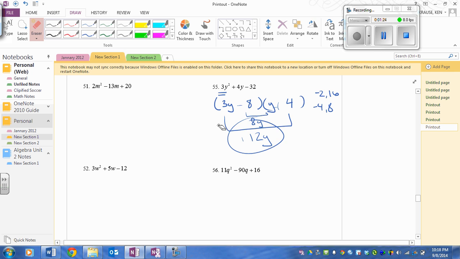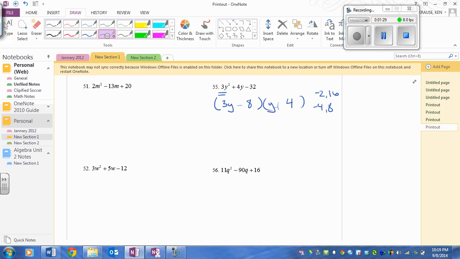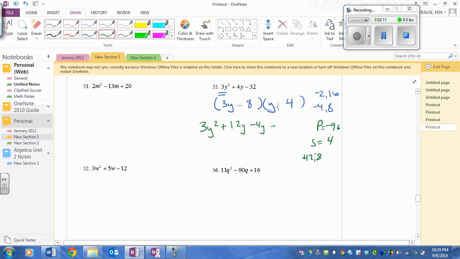Now, if you were to do this using product sum, then your product would be -96 and your sum would be 4. So your two numbers are -12 and 8. And let's see. So you have to rewrite it with 3y squared minus, oops, wait, put that up to +4. So this actually has to be the positive in this instance. So plus 12y minus 4y plus -32. Out of these two, I can take a 3y out, and I'm left with y plus 4, that one. And I can take out a -4 out of these, and I'm left with,